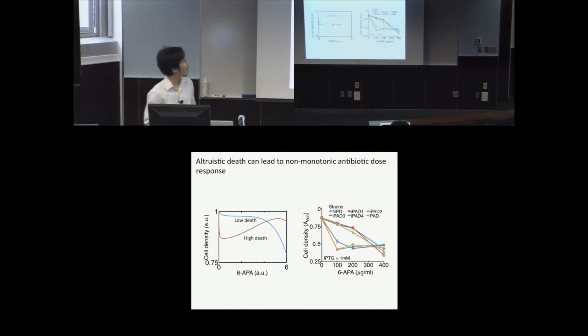And that's what happened. These 3 lines represent the strains with relatively low death rate, the control strain and iPAD 1 and 2. And the other 3 curves represent relatively high death rate. As you can see clearly from this orange line, you can have this bump here, which is consistent. Of course, it doesn't look as good as this, but it still, in principle, shows that with high death rate, this non-monotonic antibiotic response can arise.